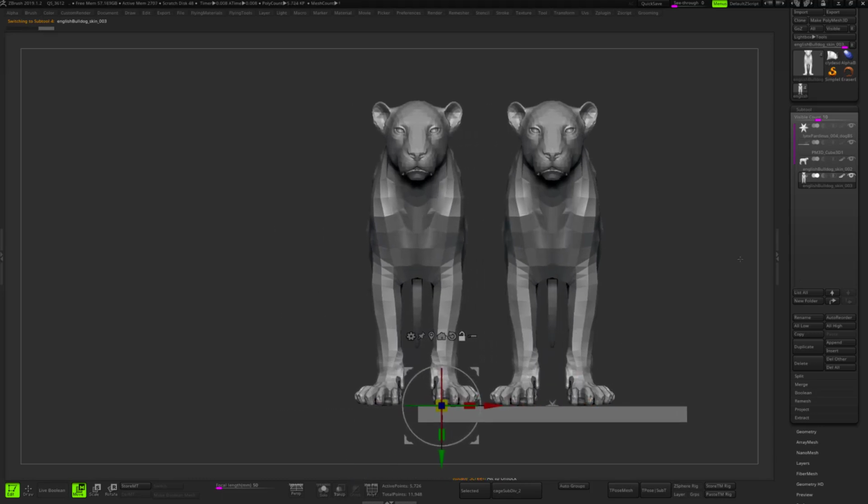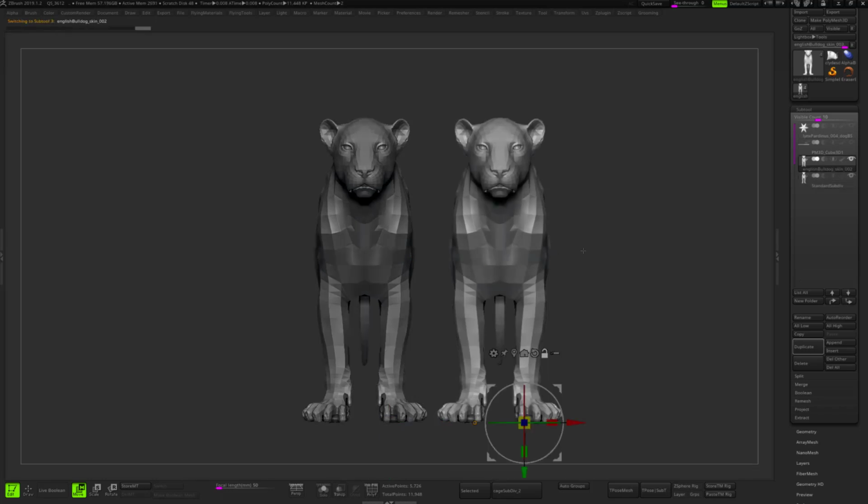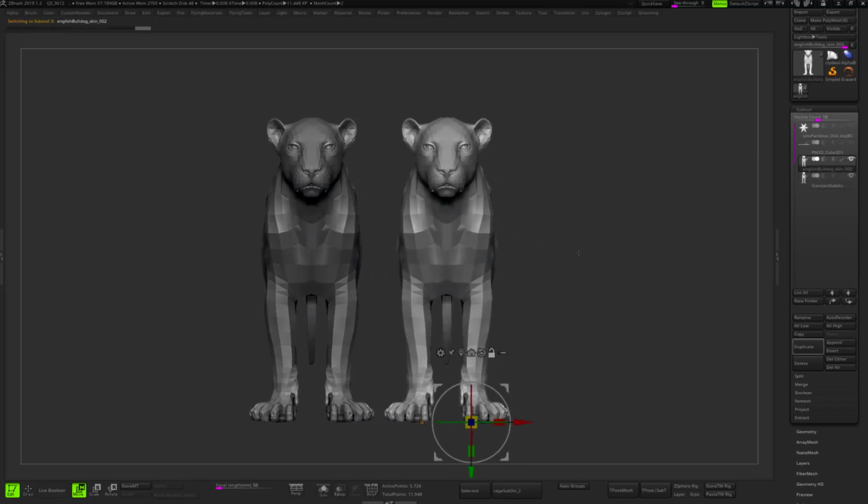This one will be with the standard subdiv version, and this one will be the actual one on which I will use my cage subdivision, or in this case morph target, because we'll be using the morph target to do that. So cage subdiv version.